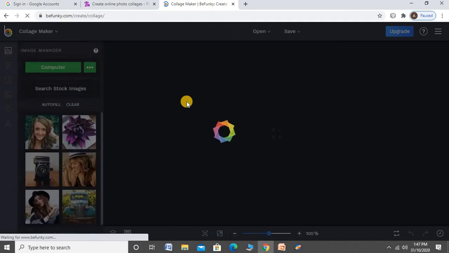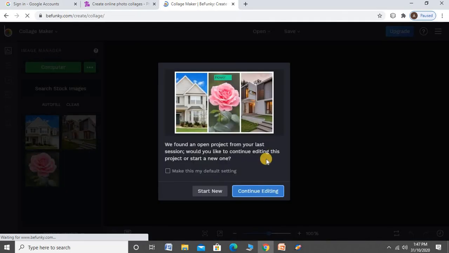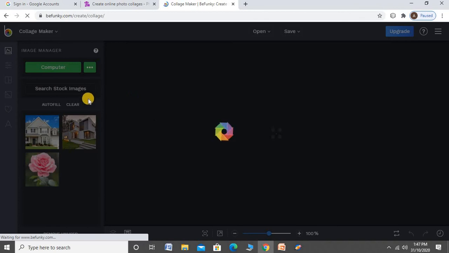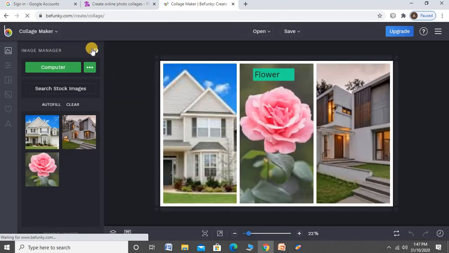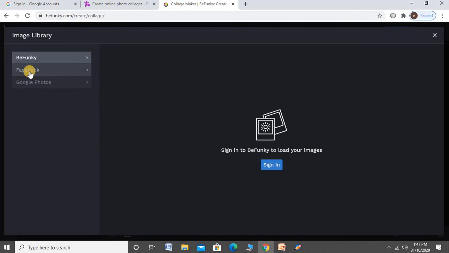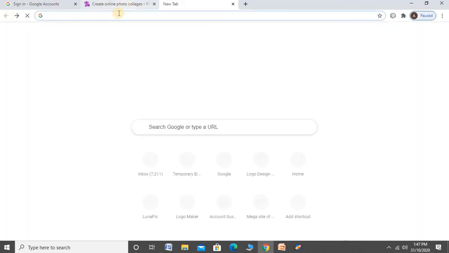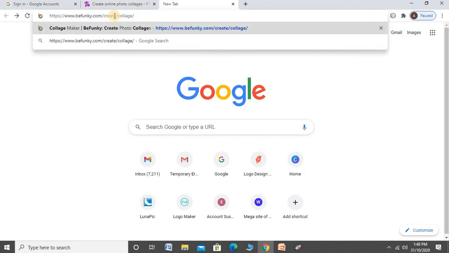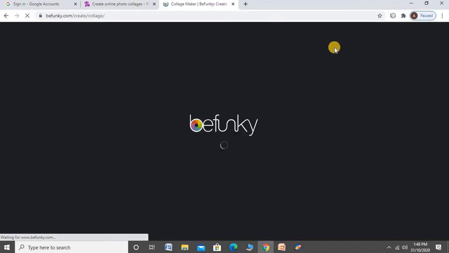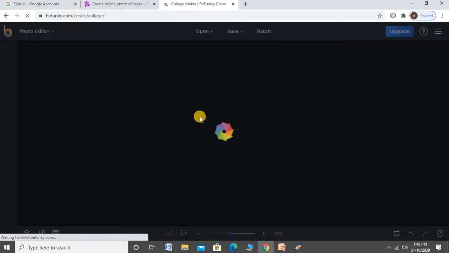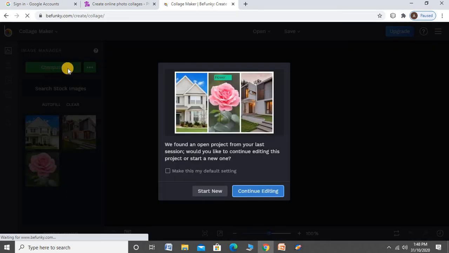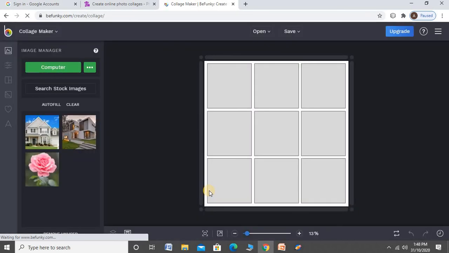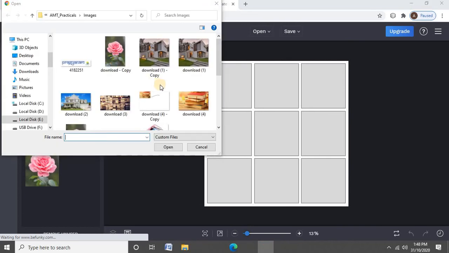Let's say the image manager. Start new. Okay, from the computer, add the images.